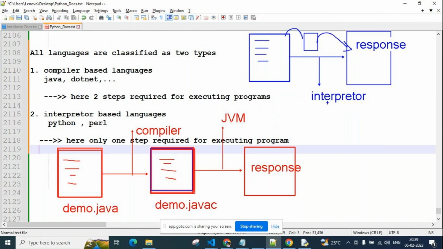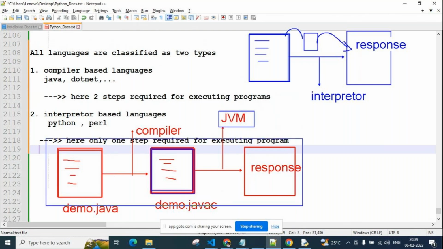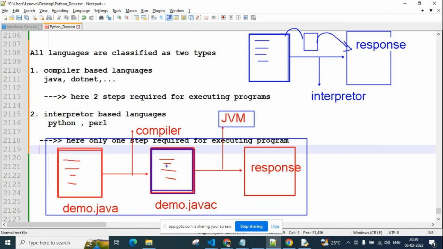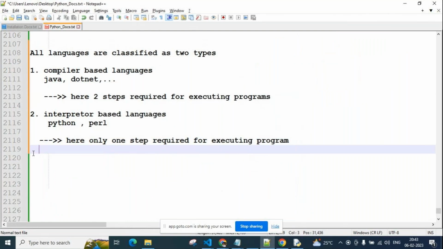That's why some people consider Python very slow in response compared to Java. In Java, the JVM directly takes this code, so we immediately get the output. But the Python interpreter takes this high level code and internally validates it, so we don't get the response immediately. If you consider only from here onwards to here in Java, then Python is actually the best. But some people compare only with this part. So these are just for knowledge, remember them.